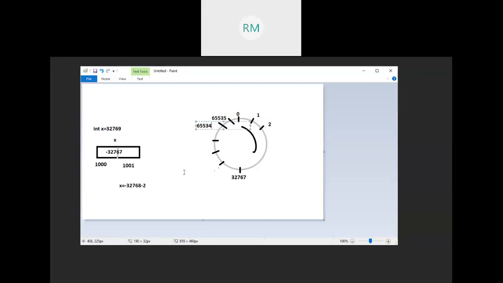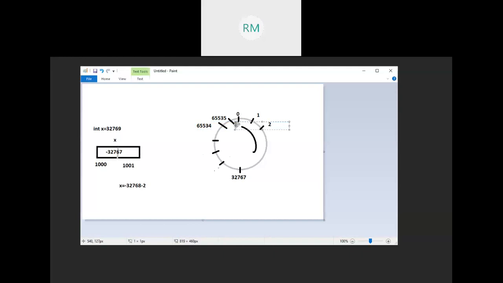Now in the first question, unsigned integer x equal to -1. Here it is out of the range for the unsigned integer. Yes, negative values are not allowed. So if it is out of range and a negative number, then what should I do? Start from 0 and count in the anti-clockwise direction.